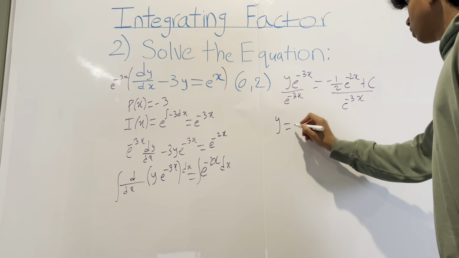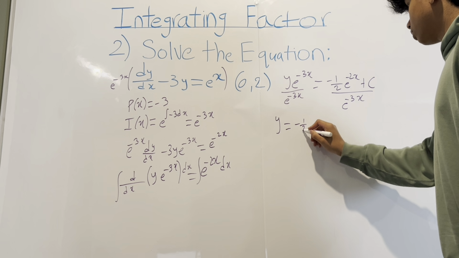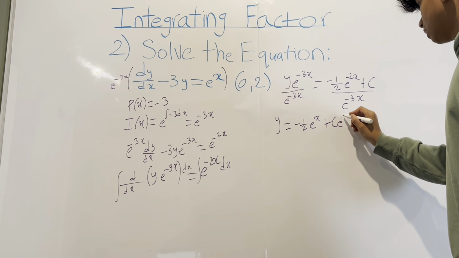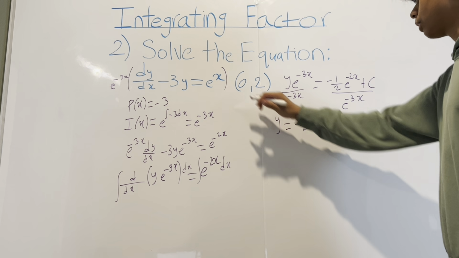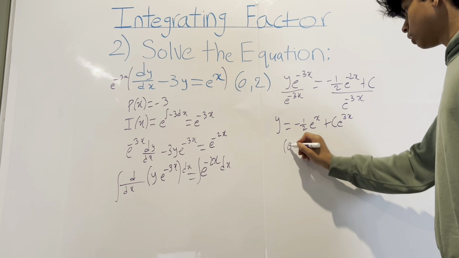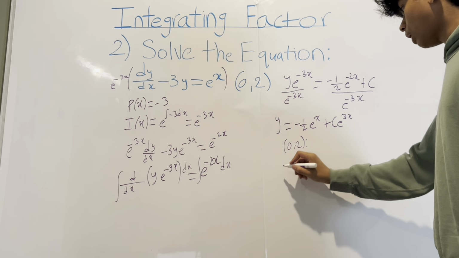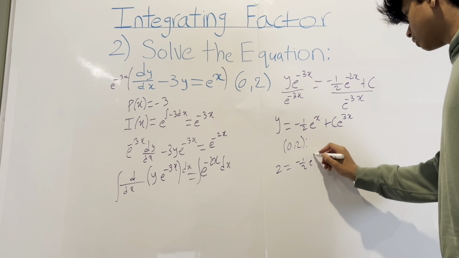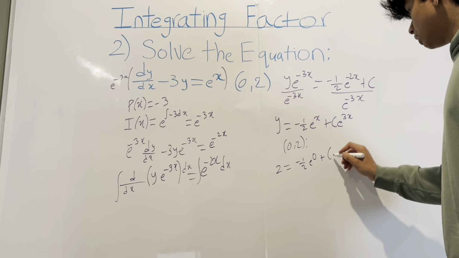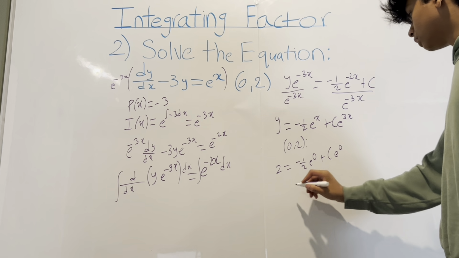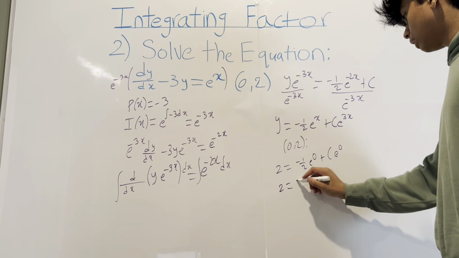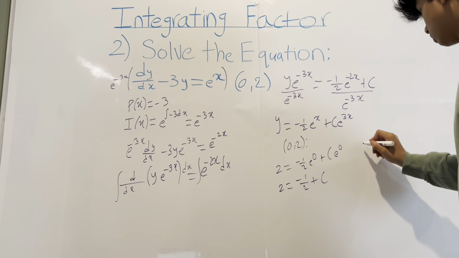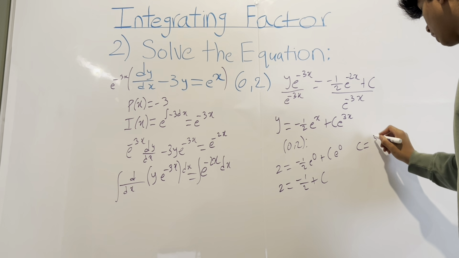y is equal to negative 1 over 2 e to the x plus c e to the 3x, and we're given the point 0, 2, so y is 2. So 2 equals negative 1 over 2 e to the 0 plus c times e to the 0, so 2 is equal to negative 1 over 2 plus c, so c is equal to 5 over 2,